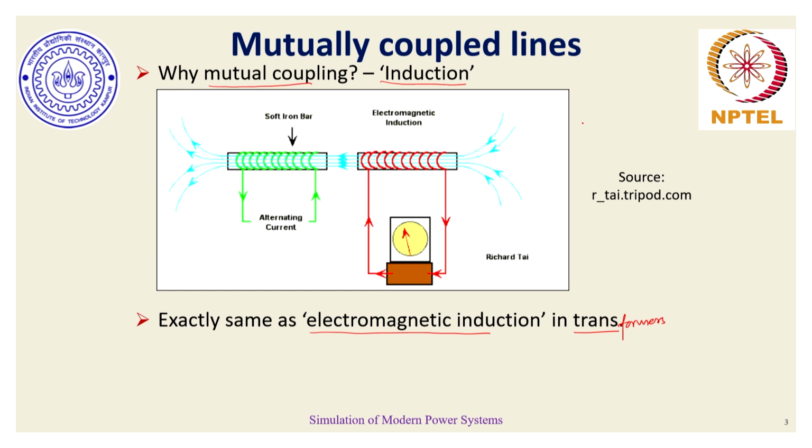What is being shown here is a very typical example of a soft iron bar based solenoid. This block is a soft iron bar, and around this iron bar there is an electrical conductor wound, and this electrical conductor is carrying current at some frequency. It's the AC current, and every half cycle, depending on whether it's a 50 hertz current or 60 hertz current,